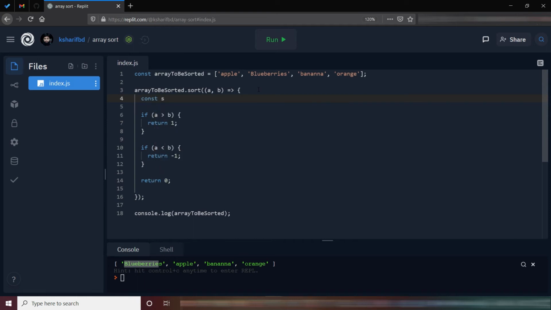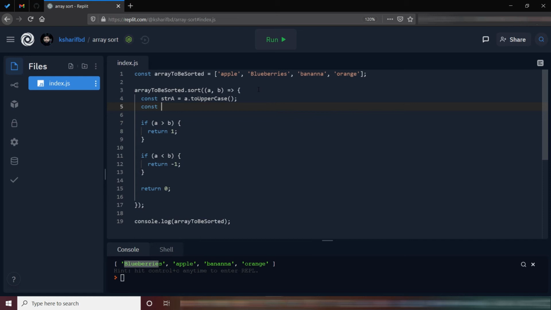Constant string A dot toUpperCase. Now change here.